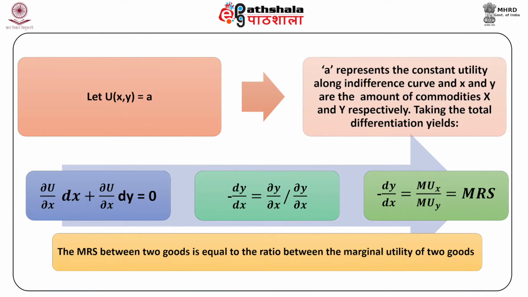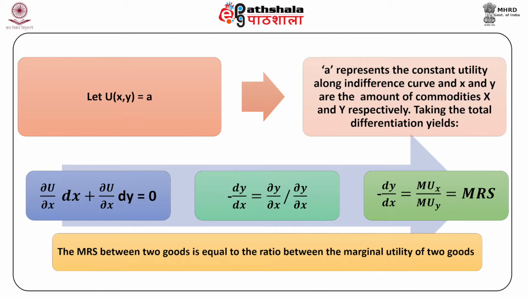Since utility at each point of the indifference curve remains the same, we can represent an indifference curve by the following function: utility U(x,y) is equal to A, equation number 1, where A represents the constant utility along the indifference curve, and x and y are the amounts of commodities x and y